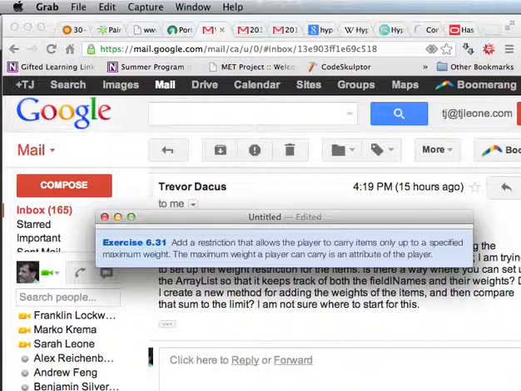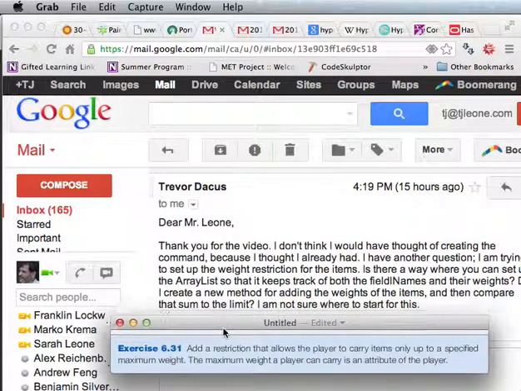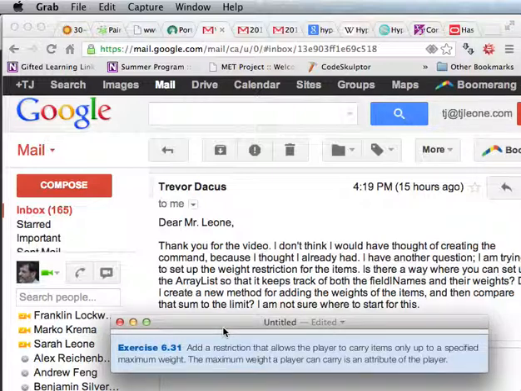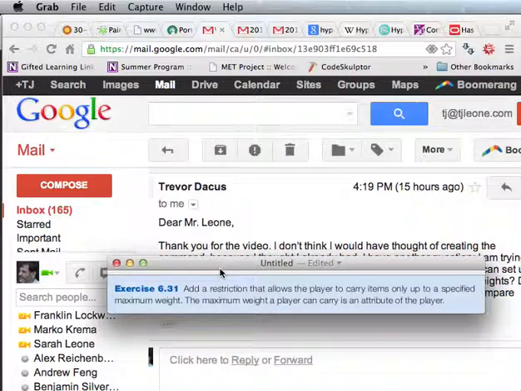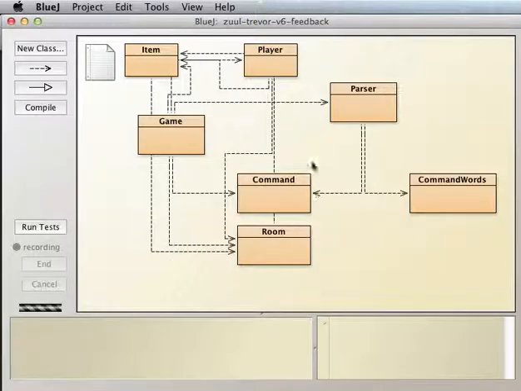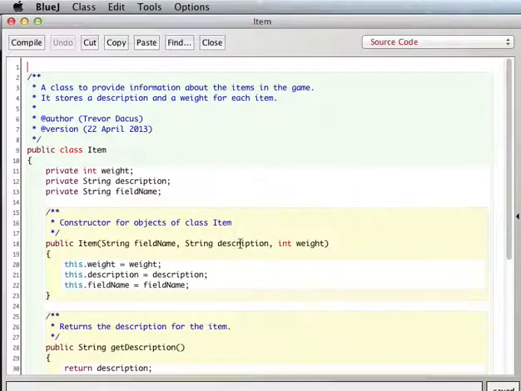So, you're asking about how do we set it up so that we can have both the field names and their weights. So basically what we want is to be able to access an item object, right? Because the item objects are what store... let's look at the item object. The item objects store the weight and the field name, right? And if you could grab the item object by the field name, then you could get all the item information